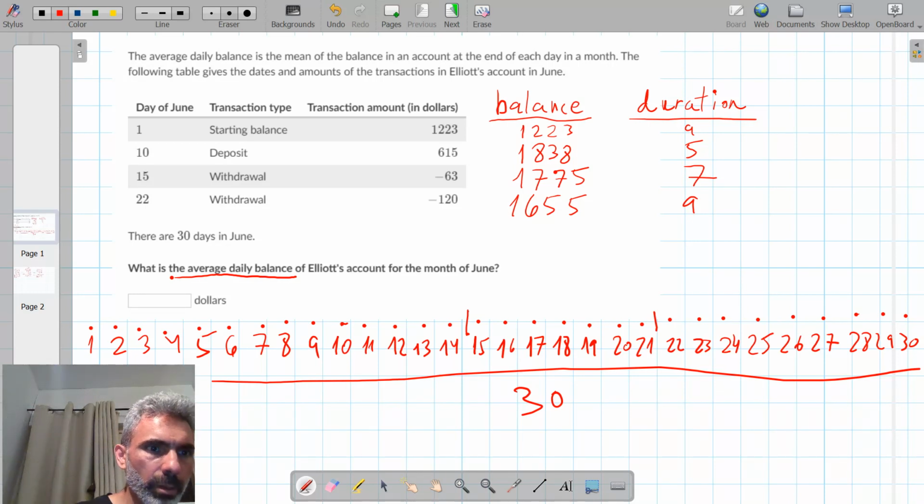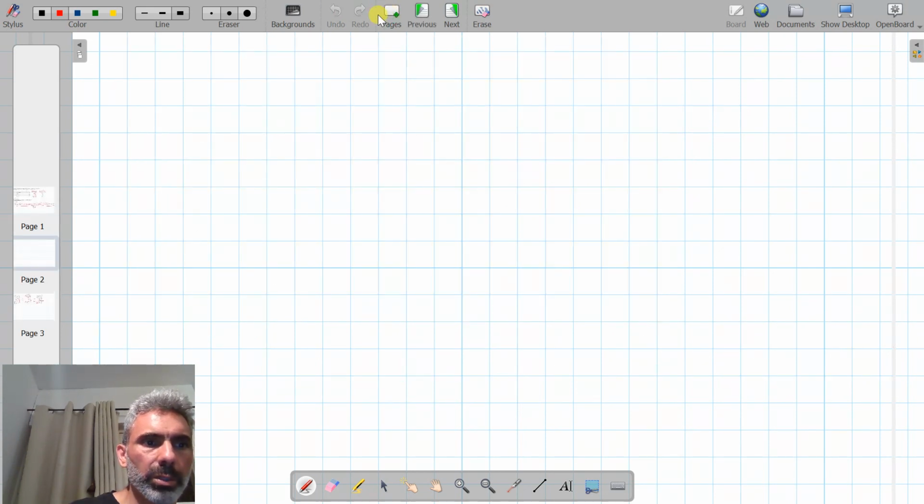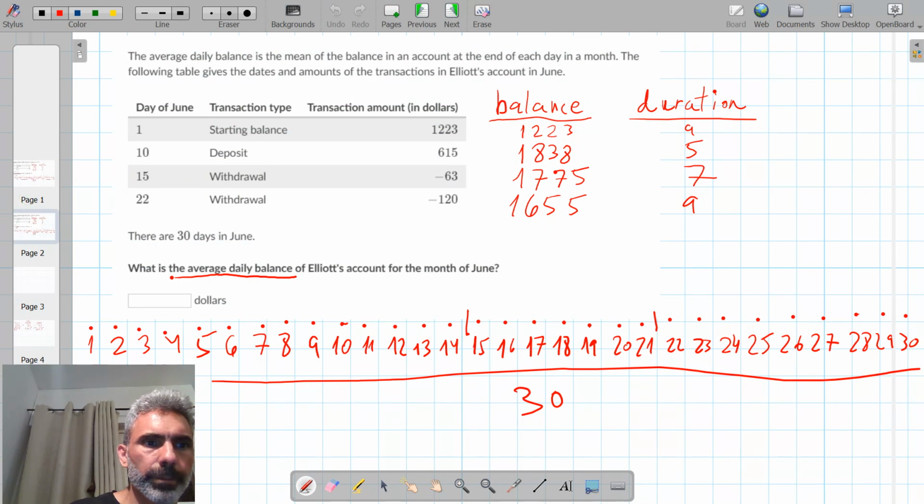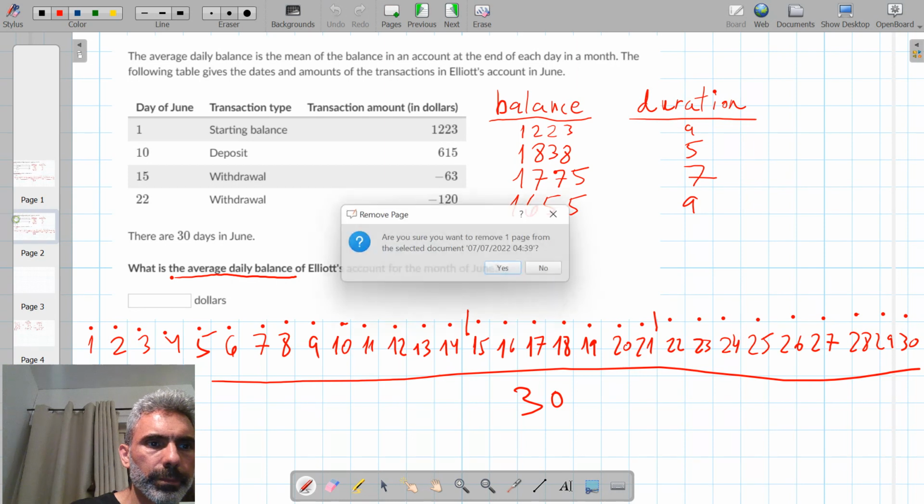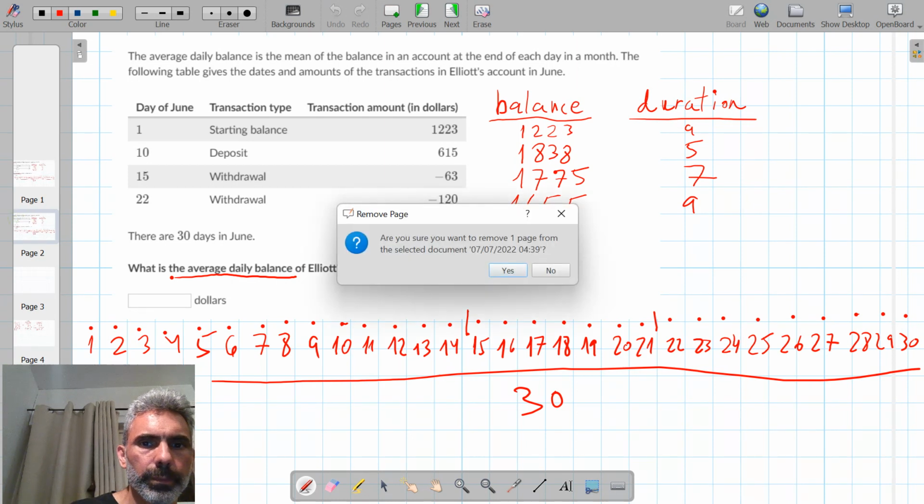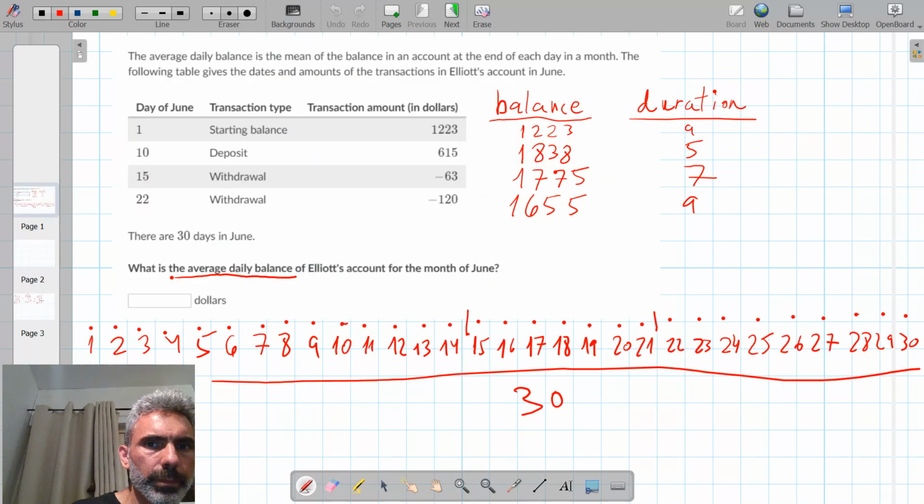So let me create a blank page to make these calculations. So what happened here? I accidentally, okay, so